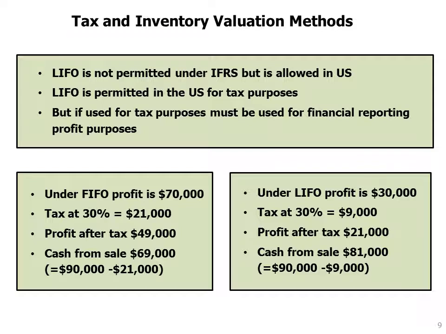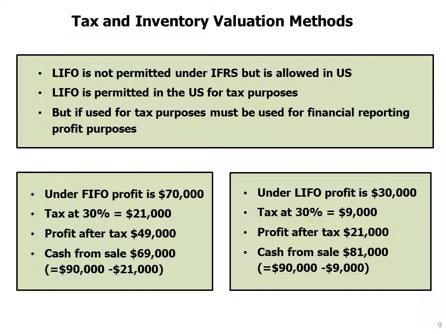Now, if we look under LIFO, the reported profit is much lower at $30,000. However, that lower profit means that the tax charge is $9,000 compared to $21,000, so significantly less. Profit after tax, reported profit, is much lower. But the most important thing is that the cash from the sale is $81,000. That's $90,000 from the sale, less $9,000 from the tax,